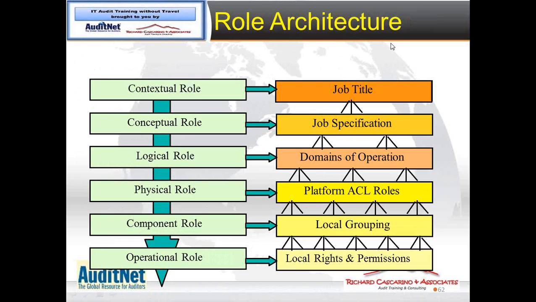So we can set up role architectures. Now the contextual role is typically your job title. The conceptual role would be your job specification, what you are allowed to do. The logical role will say these are your domains of operation. Your physical role will have the access control list roles. Components will have the logical groupings, and down to the operational role with the local rights and permissions. What are you allowed to do? If we look at each of those in turn,